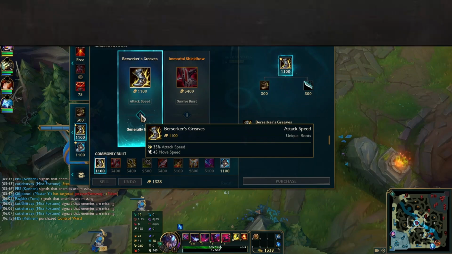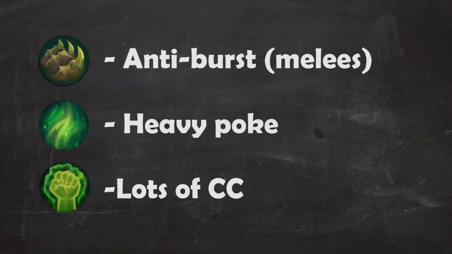Here's the gist of it. Bone Plating for high melee burst, Second Wind for poke, Unflinching for heavy CC. Again, you're speccing to make your early game as smooth as possible. I can't stress that enough. Your early game is the most important part for most champions, but especially for a feast and famine champion